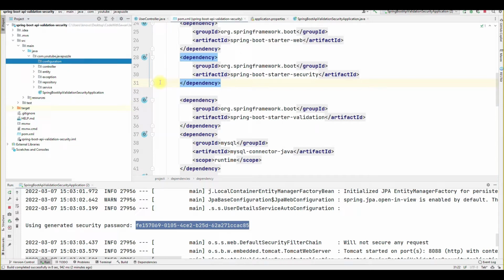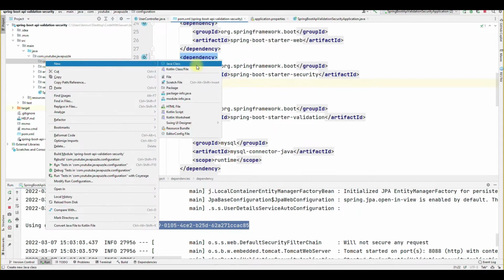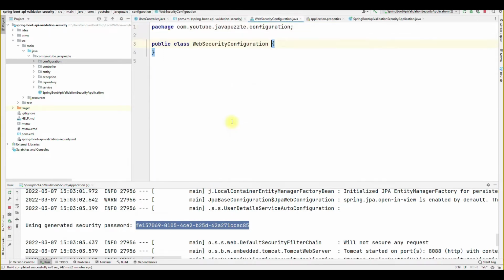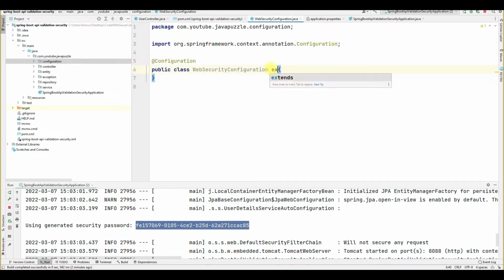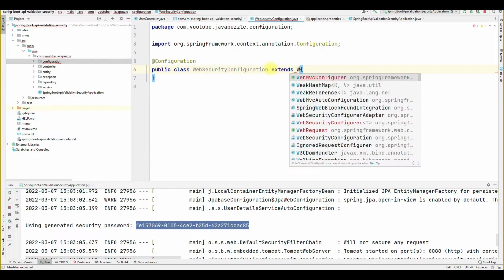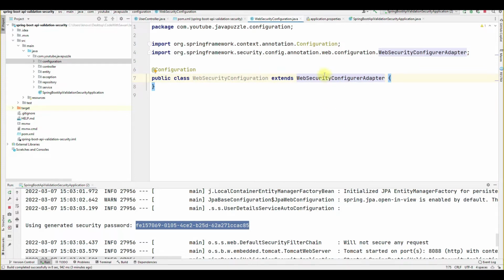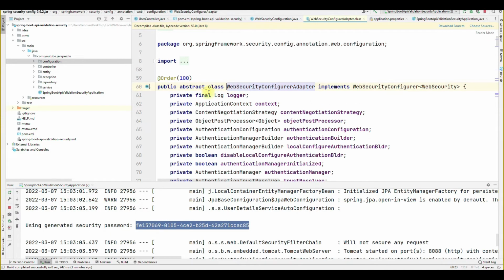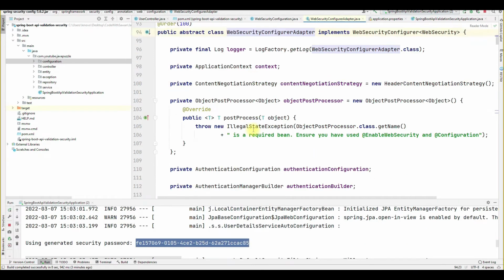Configuration. Inside the configuration, let me create one class. Inside it we have to provide the configuration, then we have to extend the WebSecurityConfigurerAdapter class. When you go inside this class, let me download the source. Now it's downloaded, and when you go down,